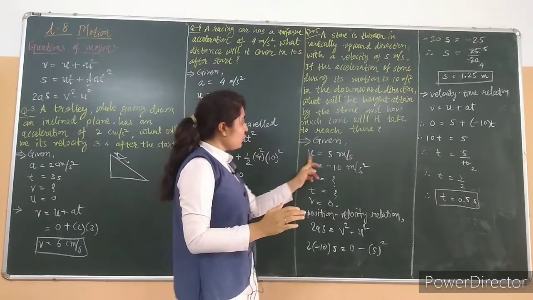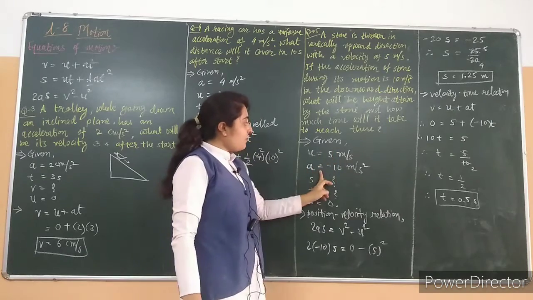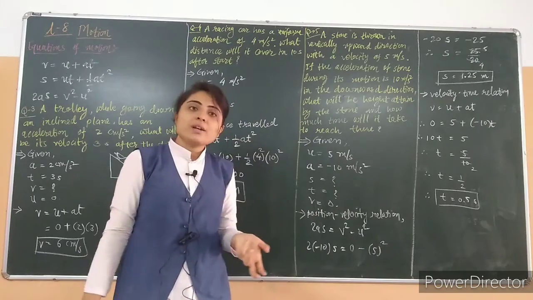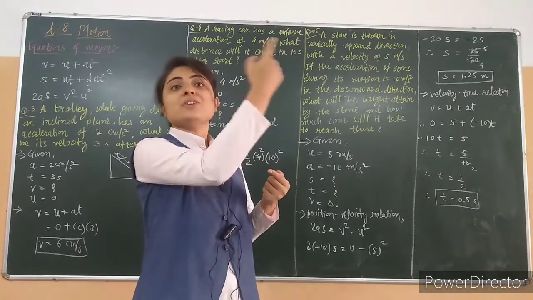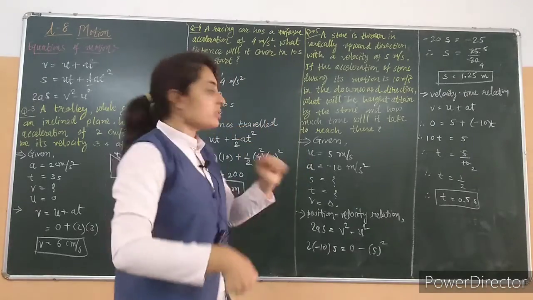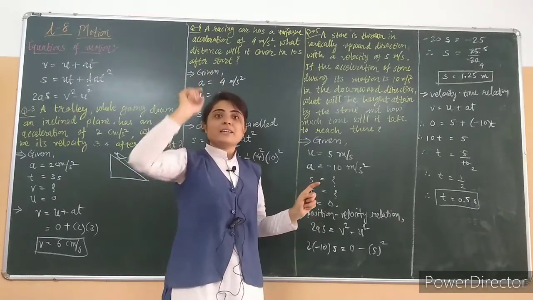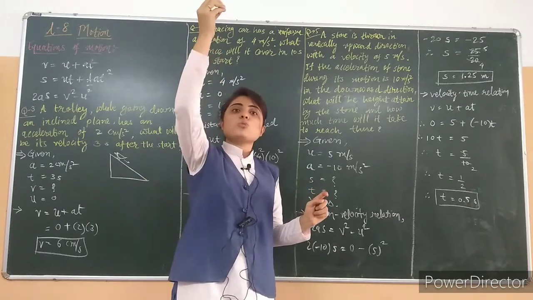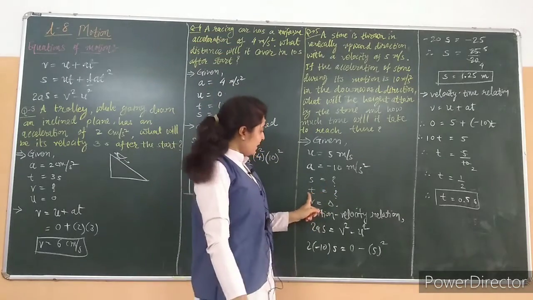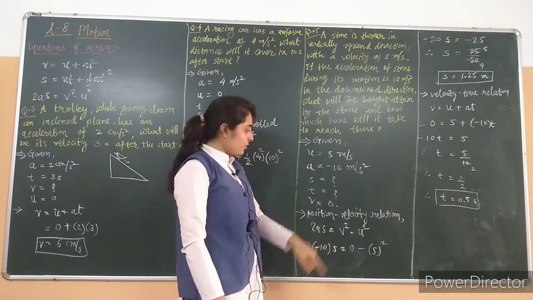So, what is the data given? U is 5 meters per second. We are throwing this with 5 meters per second. A will be negative 10 meters per second square. Why negative? Because the velocity decreases and acceleration is in the opposite direction to the motion. That's why it is taken negative. What will be the distance? What will be the height attained? That means how much distance the stone will travel. So height is nothing but the distance traveled, and how much time it will take to reach there. T we need to find, and V is equal to